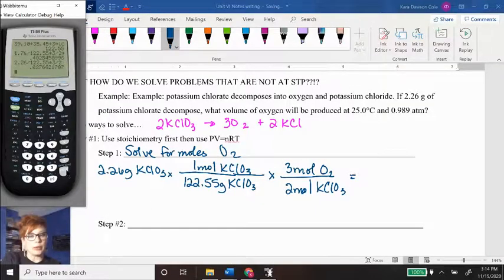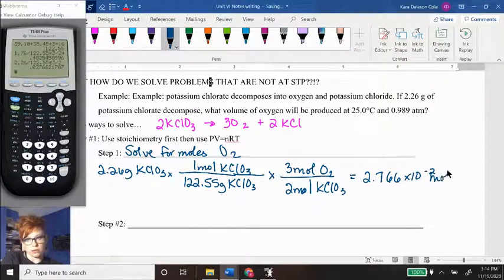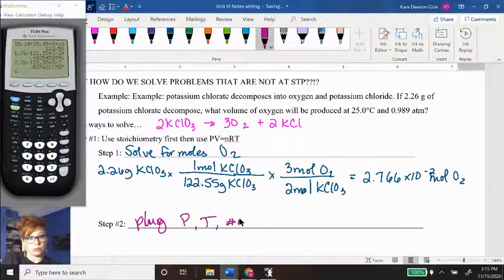Okay, so I wouldn't round here if I were you. So this is 2.766 times 10 to the minus 2 moles of oxygen. I would just leave it in my calculator exactly like that because I'm going to be using it in the next step. So the second step, plug your values, pressure, temperature, and the number of moles